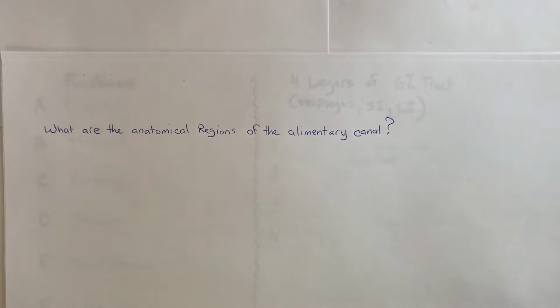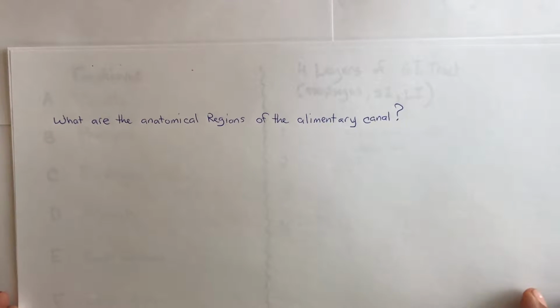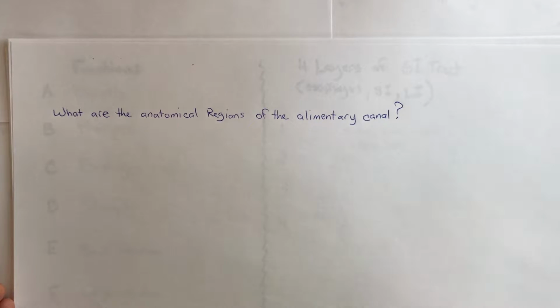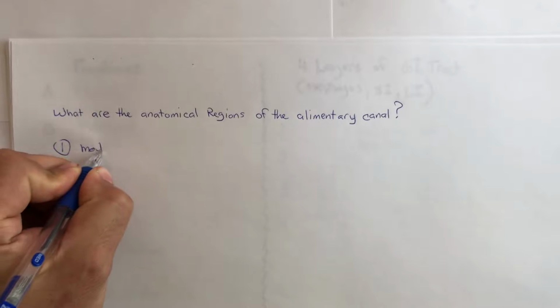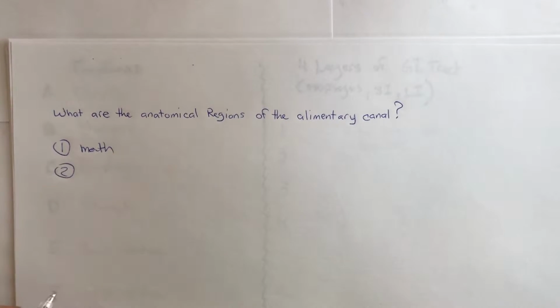So the next question is, what are the anatomical regions of the alimentary canal? Let's see if you can remember in order what the food flows through. First, number 1, the mouth. Number 2,